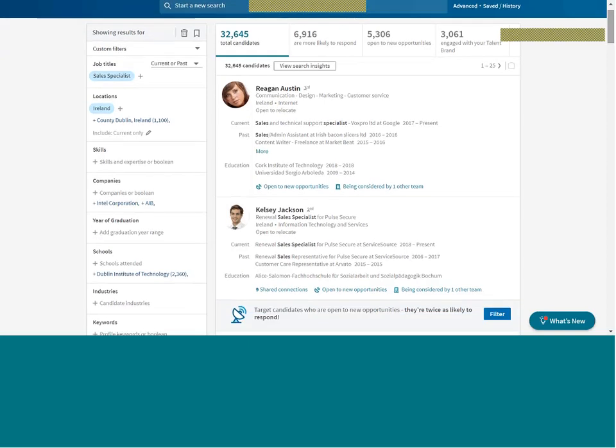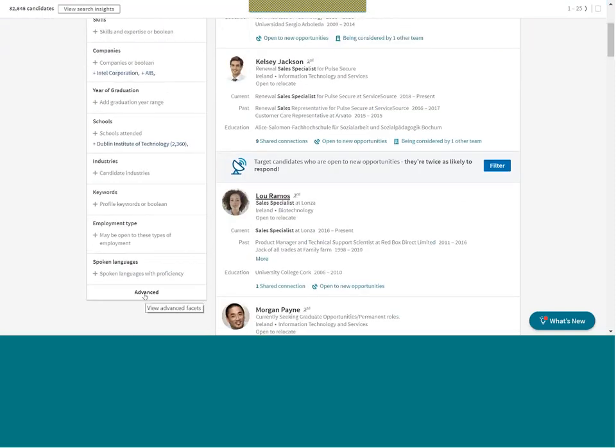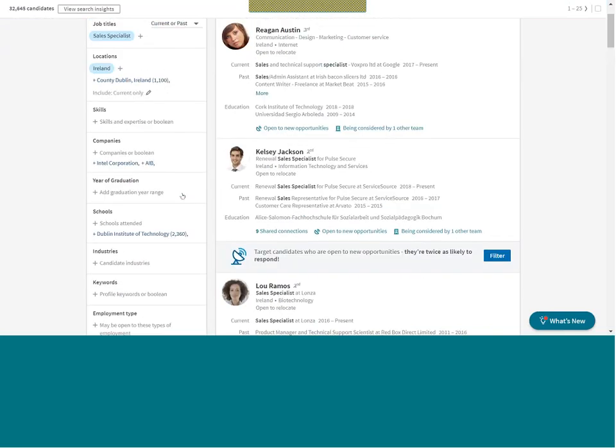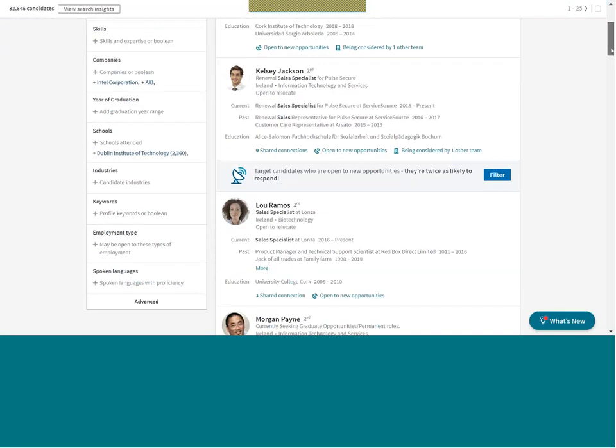So on the left-hand side, you see all of these filters. In fact, there's a lot more if you click on Advanced, which I will do a little bit later on. If you click on Advanced, you get a list of about 25 more. Your left-hand side will look different to mine, so this is all memory-based. In total, there's over 30 of these filters, and as you use them, so if I click on Advanced now and select 2 or 3 of them, the next time I log into the tool,